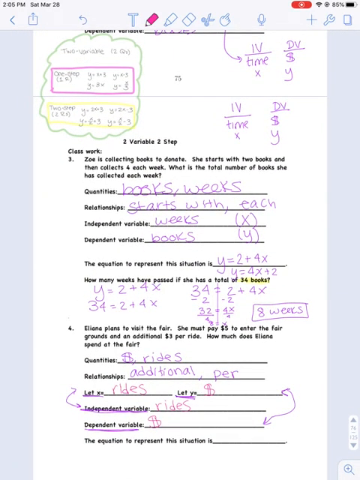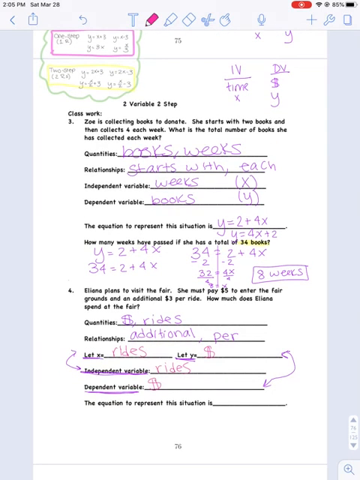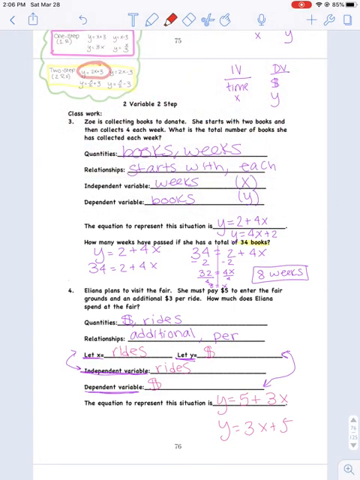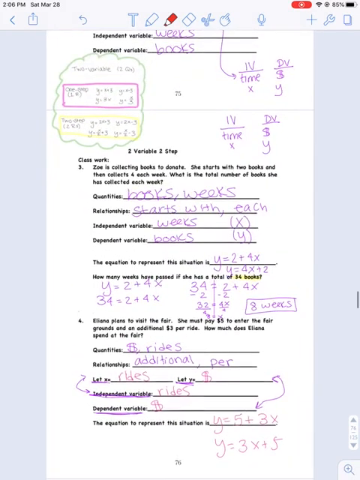And now I have to come up with an equation. So I have to look at my two variable equations in my green cloud. I'm always going to start with y equals $5 to enter the fare, an additional $3 per ride. $5 to enter the fare plus $3 per ride. You could also write y equals 3x plus 5. And that matches my equation type in the two-step box, the first one. This one right here. It's the same thing. And that's all. They don't ask us to